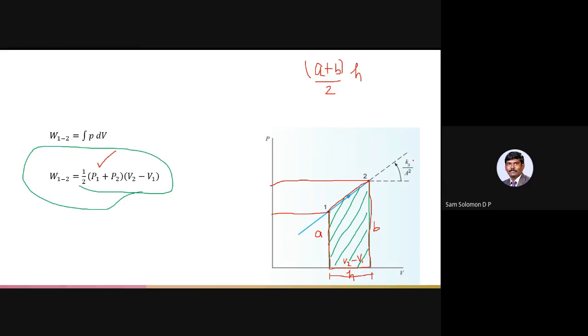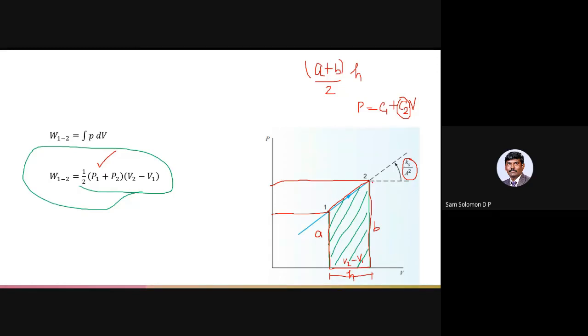Okay, and you can see Ks by A squared is the slope of this particular straight line 1 2, because if you remember in the previous slide we said your P is equal to C1 plus C2V, and C1 was P naught plus mp by mpg by A plus one more term was F1 by A, and C2 was Ks by A squared. So because this C2 is similar to m in the y equal to mx plus c curve, that is the slope of this particular line. So Ks by A squared is the slope of this particular line.